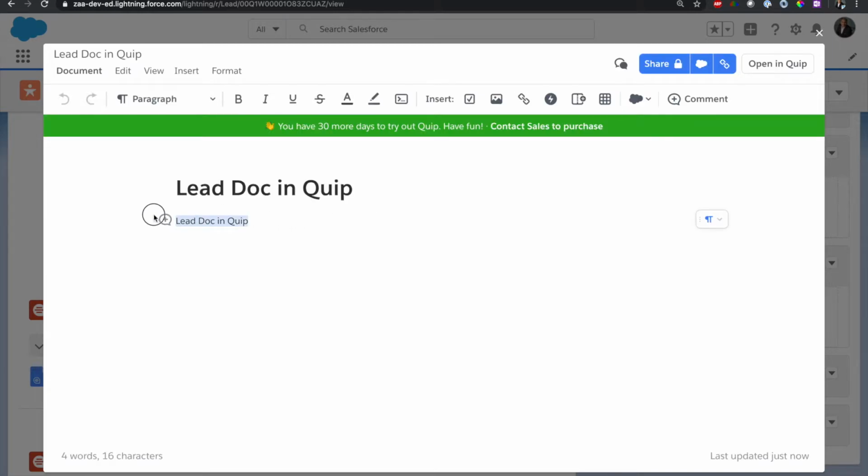And the document is open as a kind of model window. You go ahead, update in this model window. Again, you are not leaving Salesforce at all. The whole document collaboration, just like any Google Doc or Box, is happening right through Salesforce. So I'm saying, okay, I created a temporary document, 30-day trial period of the Quip.